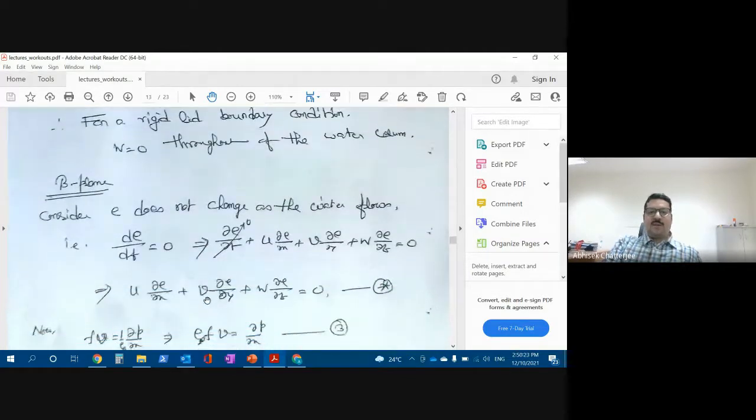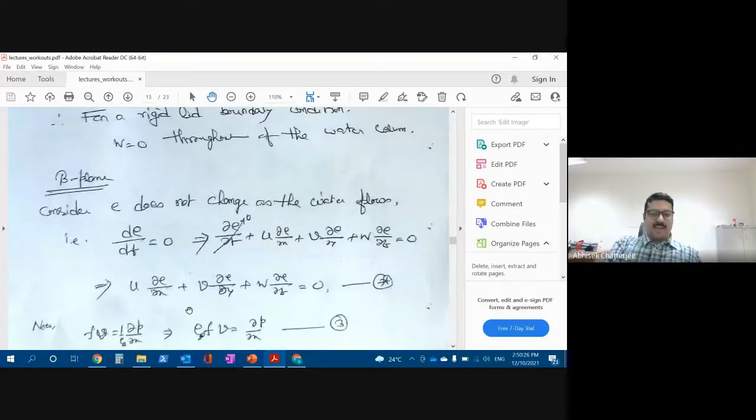Now, if we consider the beta plane, this is another part of your equation of continuity: ∂ρ/∂t + u ∂ρ/∂x + v ∂ρ/∂y + w ∂ρ/∂z. We are assuming that ∂ρ/∂t is equal to 0. Another part of the equation of continuity we have assumed already. It basically means that the local rate of change of density plus the advection of density by the flow field is equal to 0. That's what you assumed. Is it okay?